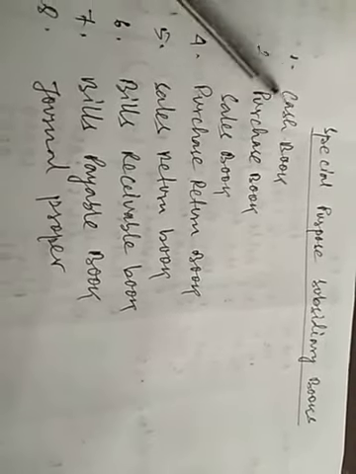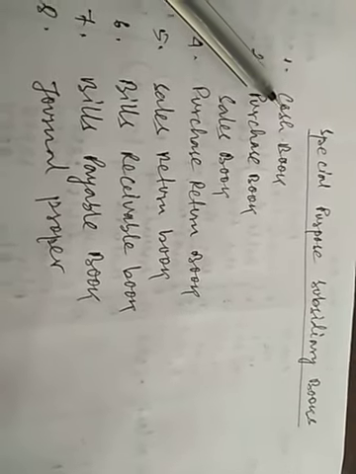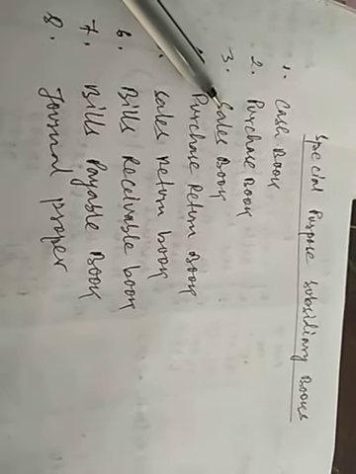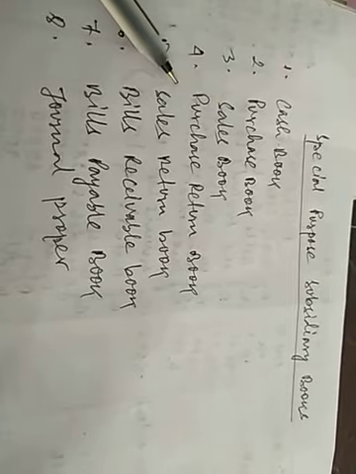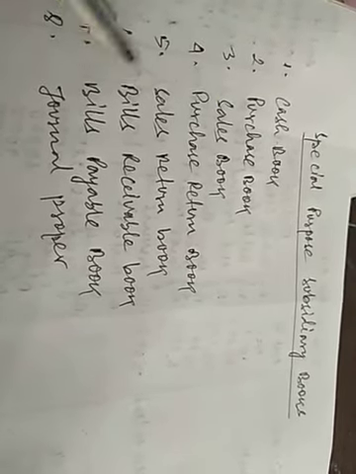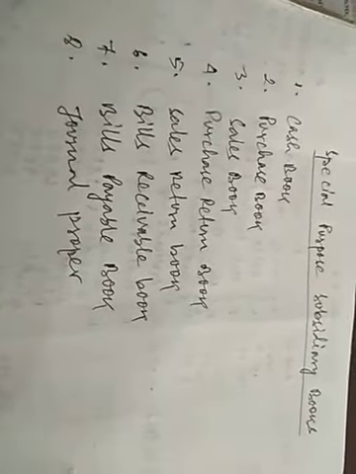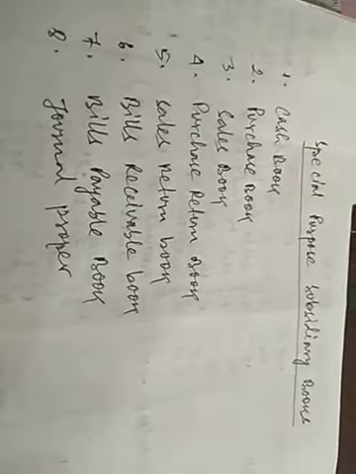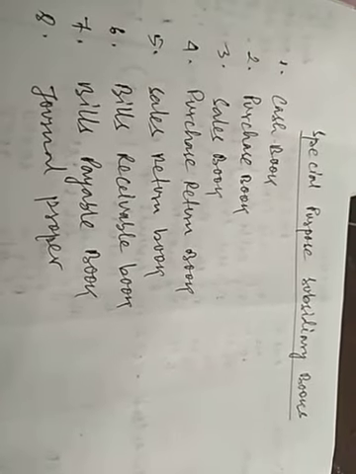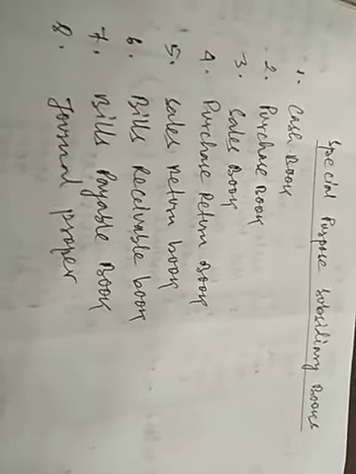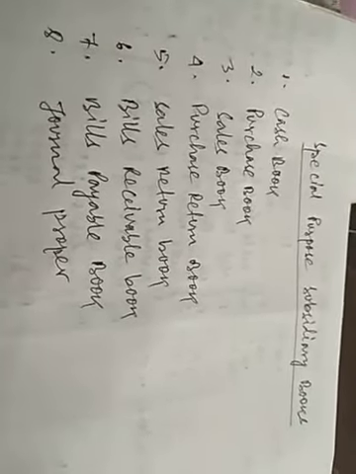For example, all the transactions related to cash and bank will go to cash book. All transactions of purchase of goods will come to purchase book. Sales of goods will go to sales book. Purchase return, sales return, bills payable, bills receivable in a similar manner. So you just imagine what will be the entries remaining after that. Entries relating to depreciation, all these items will remain. So that will go to journal proper. Cash book you have already prepared, cash book as well as petty cash book.